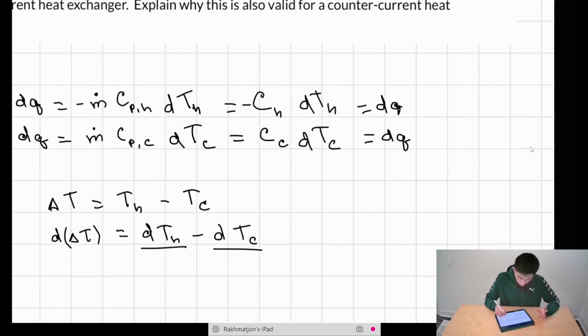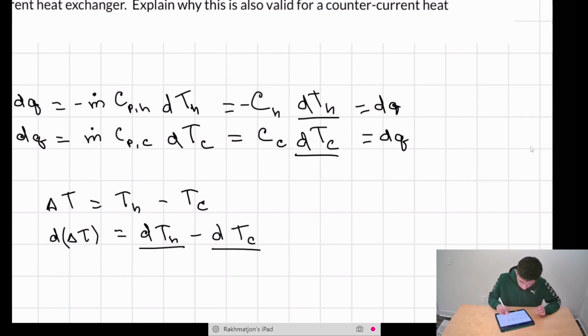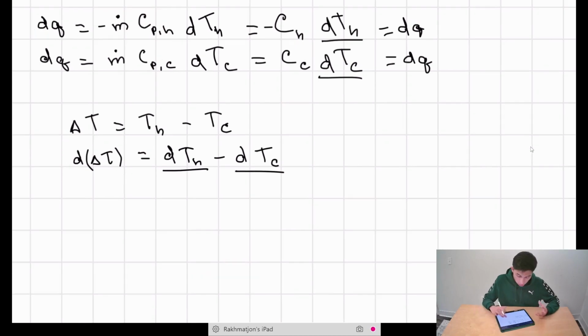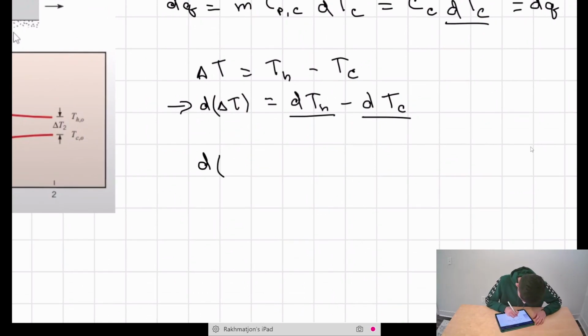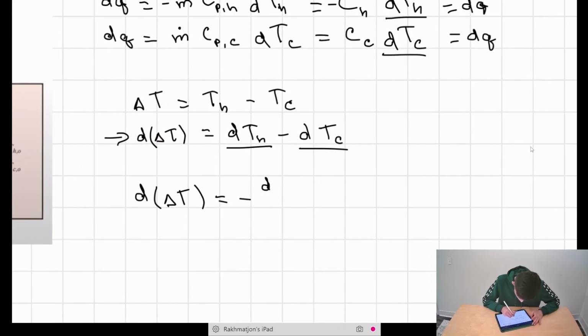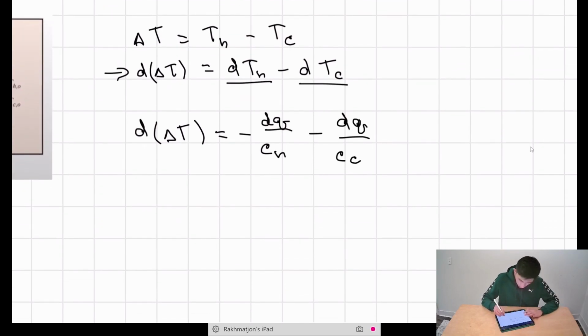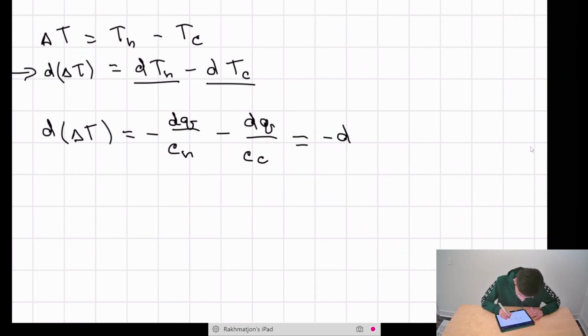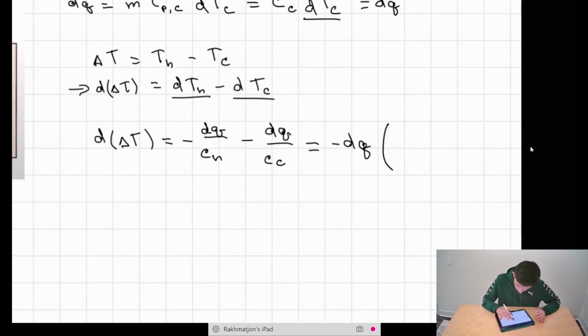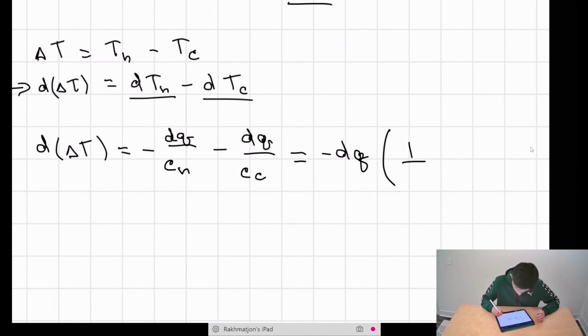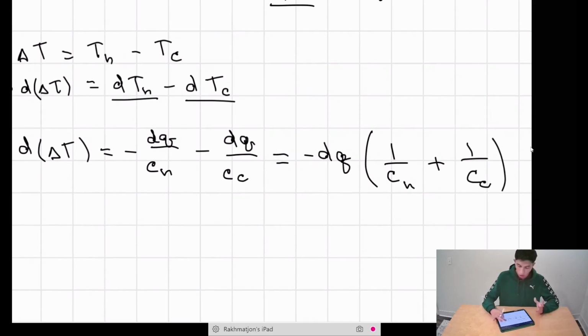It's equal to dq, and if we solve for dTh and dTc and make that the subject of the equation and replace it in our expression, we can have d delta T is equal to minus dq over Ch minus dq over Cc. Further, if we factorize negative dq, which is the differential of heat transfer rate, what we can get is 1 over Ch plus